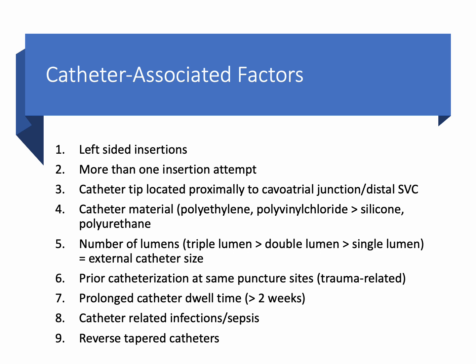We did discuss some of the catheter-related factors earlier, but we didn't cover all of them. Certainly from the research that's been published in the last several decades, left-sided insertions, multiple insertion attempts, a catheter tip that is located proximal to the distal SVC or the cavoatrial junction, and the type of catheter material are all influential factors around catheter-associated thrombosis. The number of lumens, which obviously increases or decreases the external catheter size,